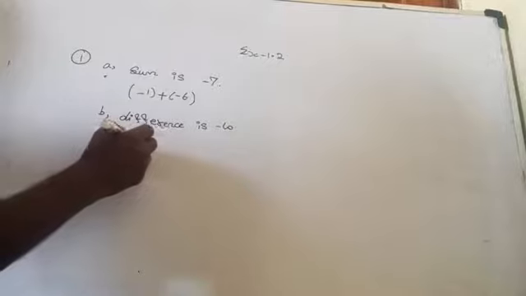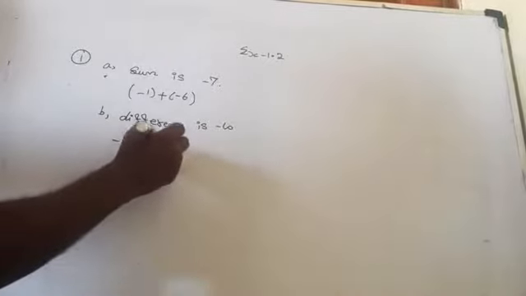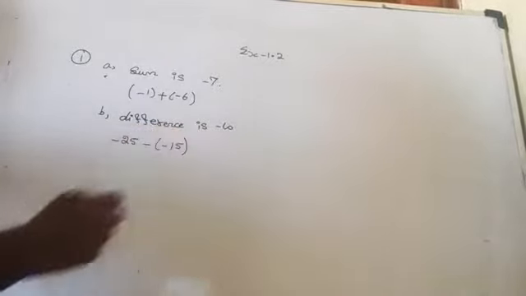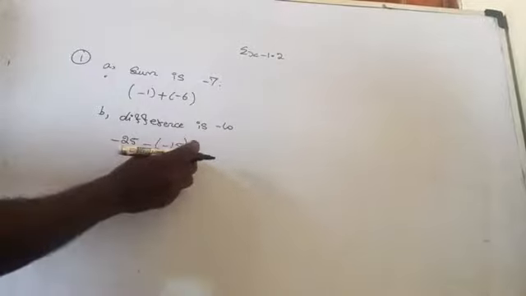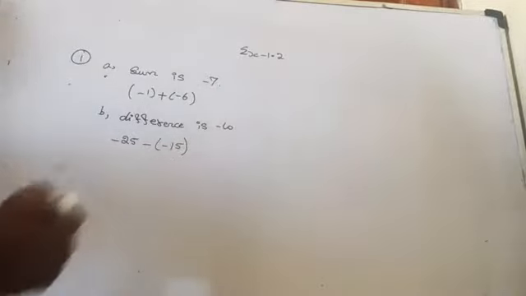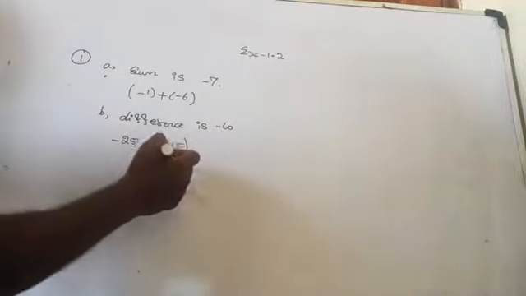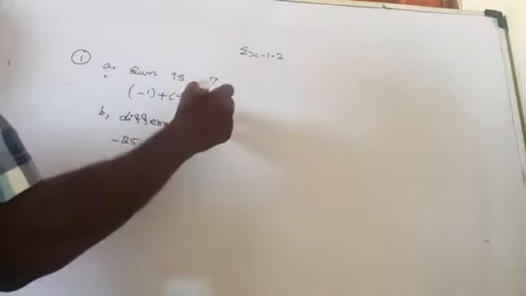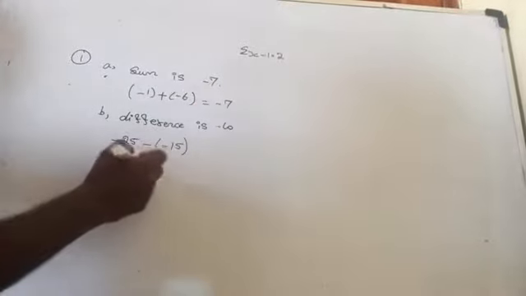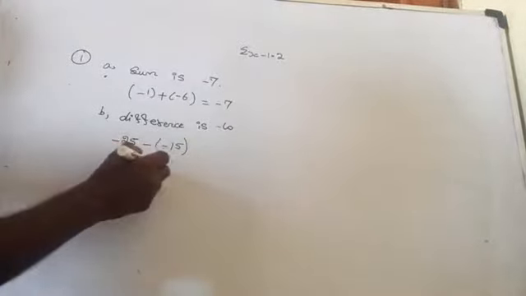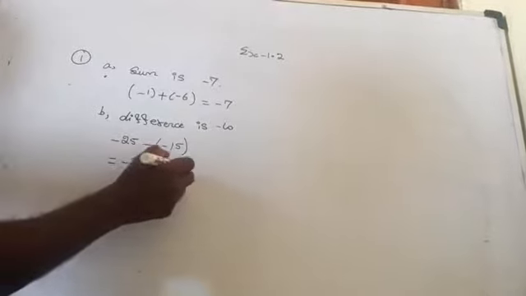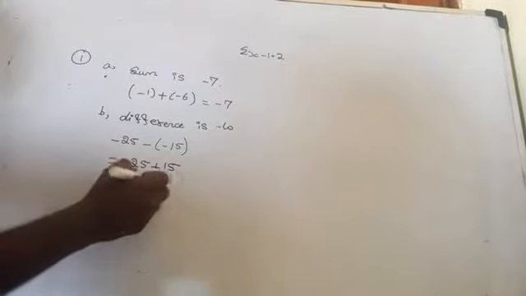So we take minus 25 and minus of minus 15. It's one integer, it's another integer, whose difference, and difference means subtraction. Am I right? Yes. Then minus 25 minus of minus 15 is how much? You can write minus 25 minus of minus 15 is minus 25 plus 15, which is minus 10.